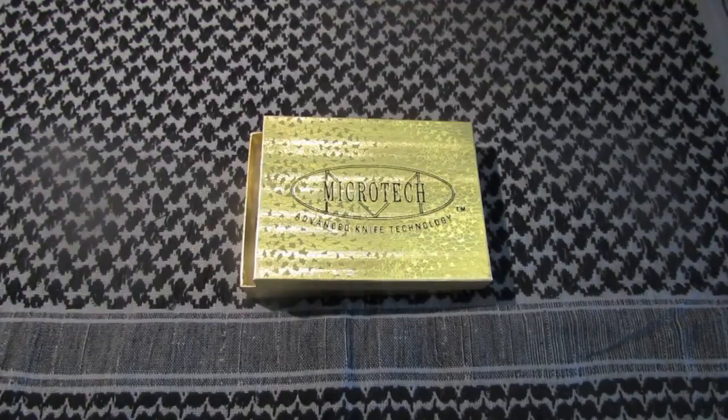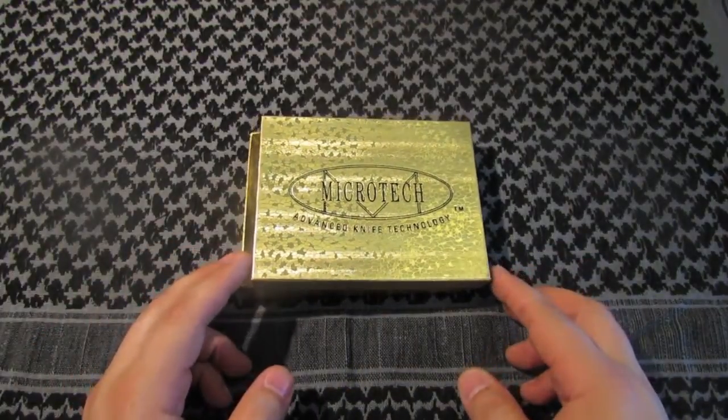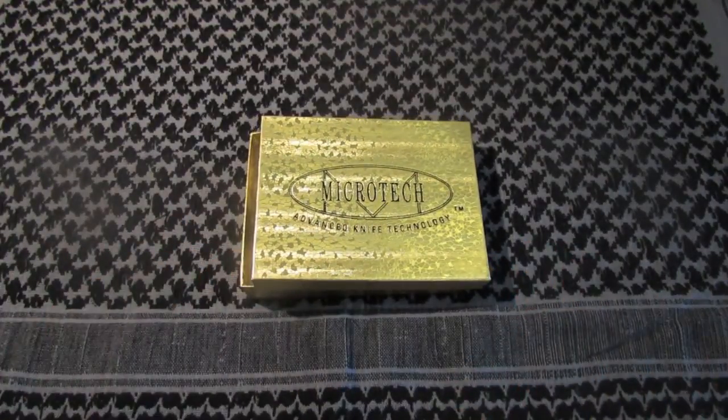I did buy at one point or another a regular Socom Elite. I think the 2013 model I had there for a while. I actually don't even know if I did a video of it. I liked it, but there's some things I didn't like, and we'll go over that as I show you this one. So this one I got on eBay, and the cool part is I got this knife in, and it